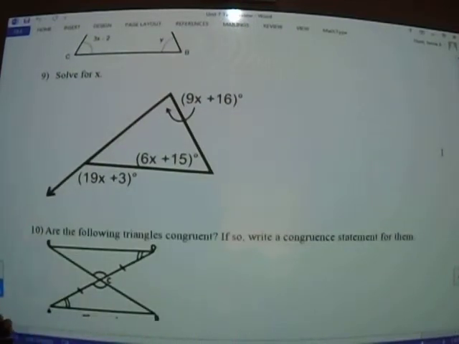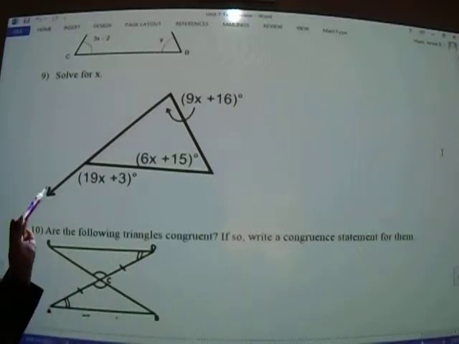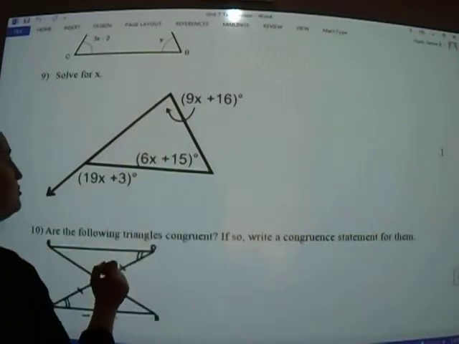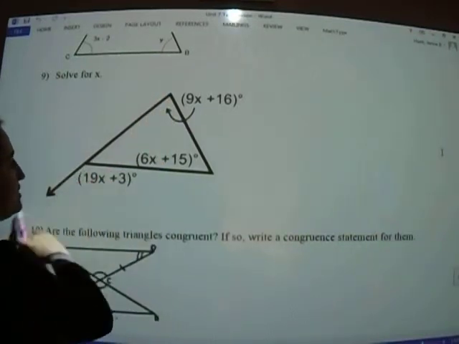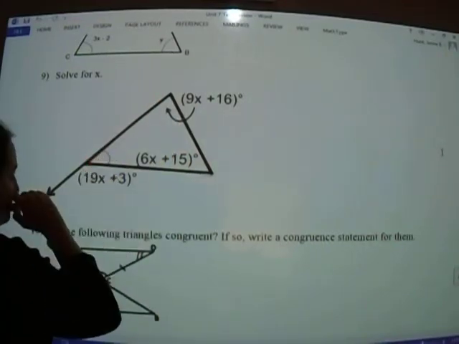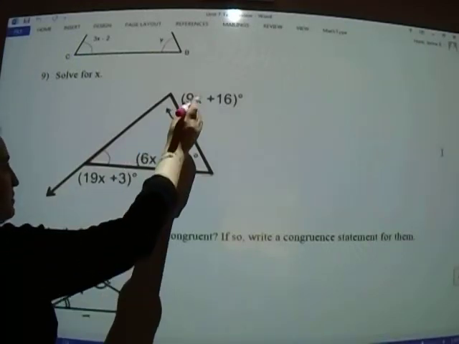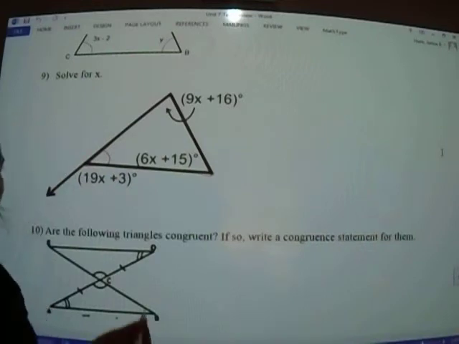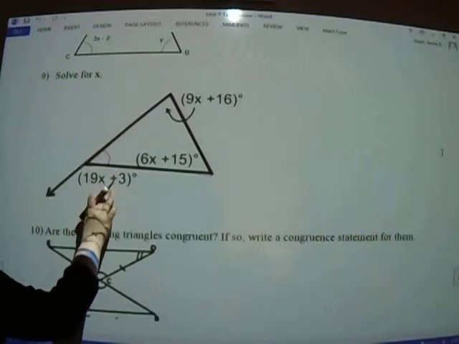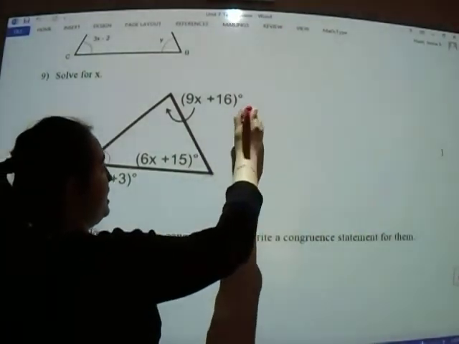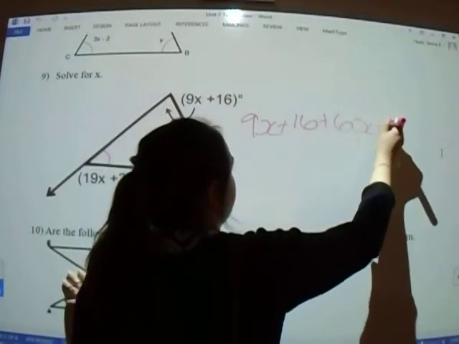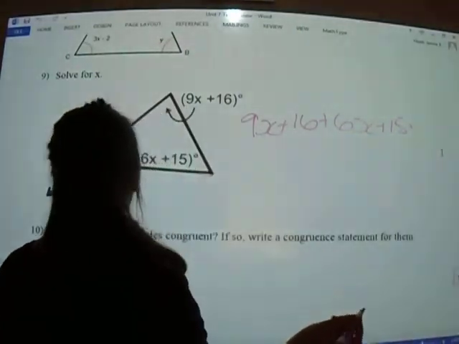All right, number 9, solve for x. Do you guys remember this exterior angle theorem? Probably not. Basically, this is saying that these two angles, when added, equal this angle, right? And this is easy because this whole thing is 180. This is supplementary to these two angles added, but it's also supplementary to this angle. So these two added equals this. Simple. All right, so we have 9x plus 16 plus 6x plus 15 equals 19x plus